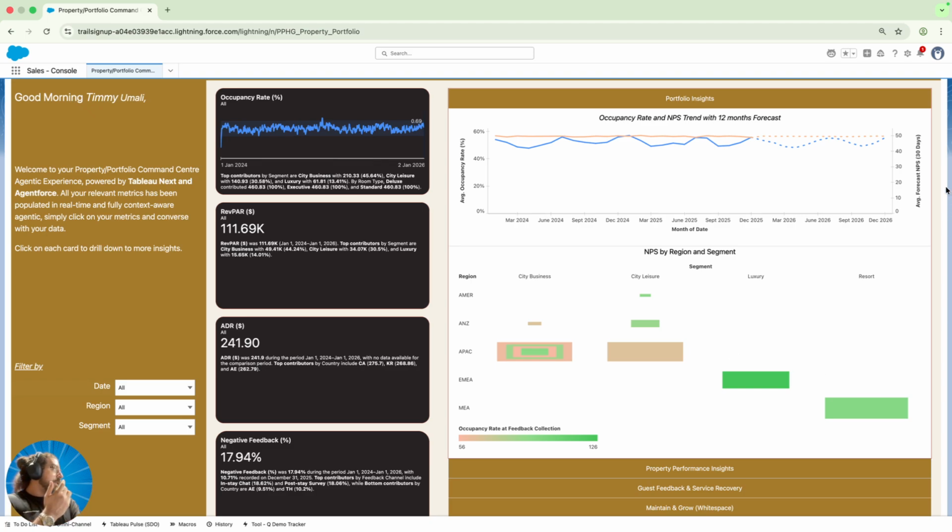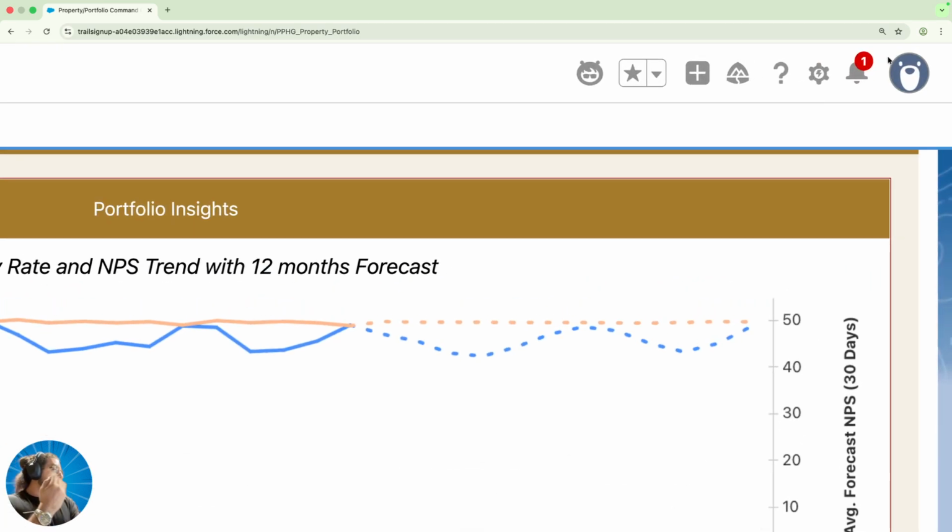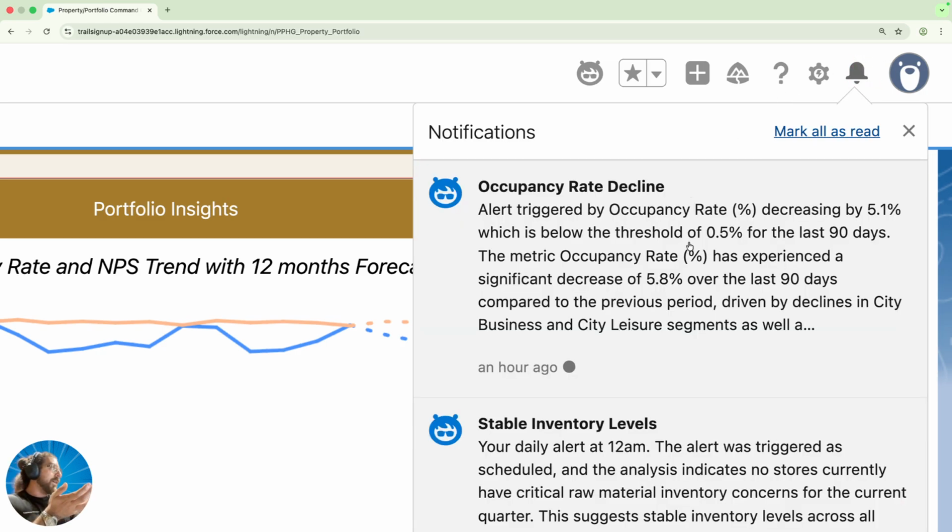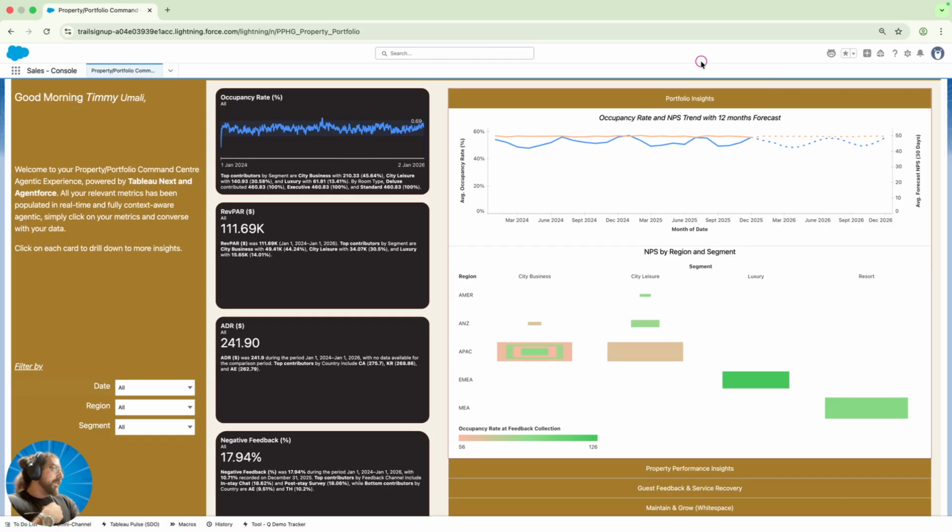You'll notice straight away, if I look at the top right corner, I can create these sorts of alerts. And just as a GM gets that alert proactively pushed to the mobile device, as we've seen earlier, I can also push it onto my desktop in here, right? So again, I can have the same sort of experience right from within my desktop.